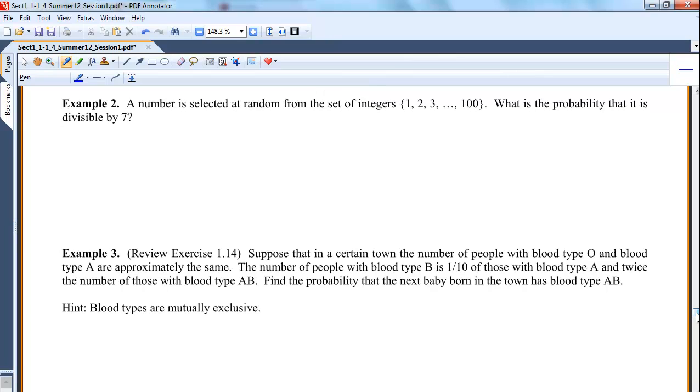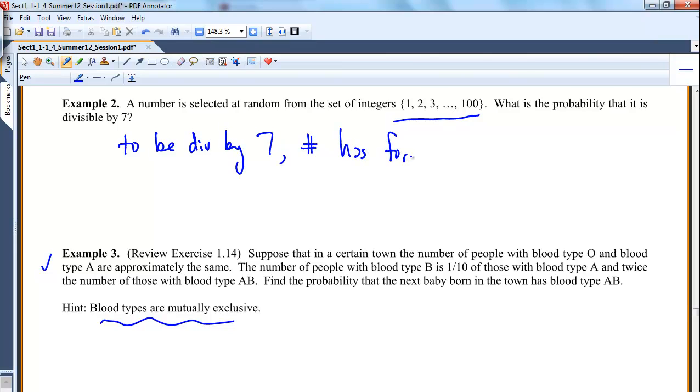I think maybe I should just say a little bit of example 2. This is just a nice one with algebra and assuming blood types are mutually exclusive. Up here, I'm going to select a number from 1 through 100. What's the probability it's divisible by 7? The only way a number can be divisible by 7 is if it has the form 7k. You know what I mean? Because k is equal to 1, 2, 3. In fact, the biggest k can be to still be less than 100,